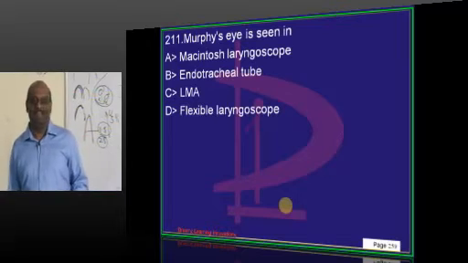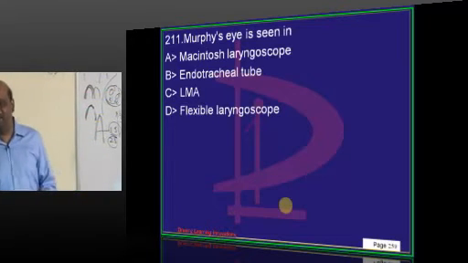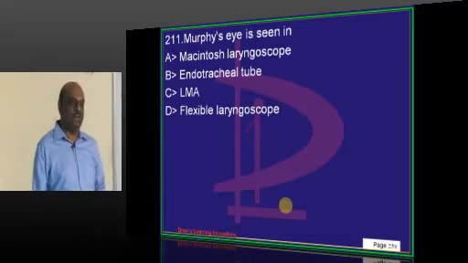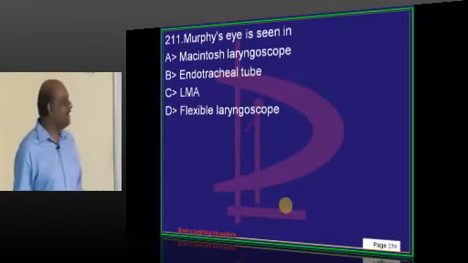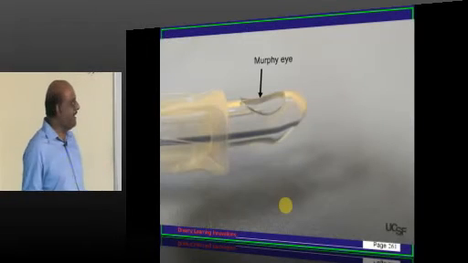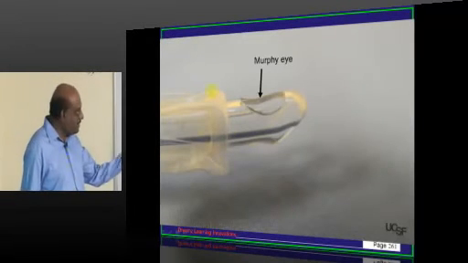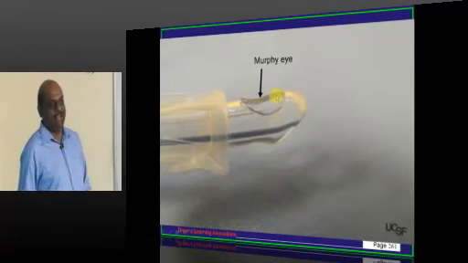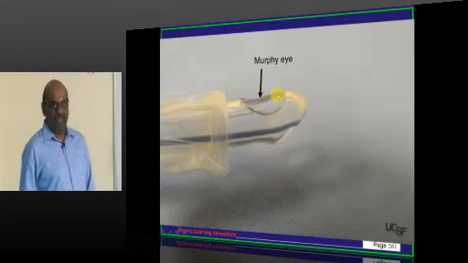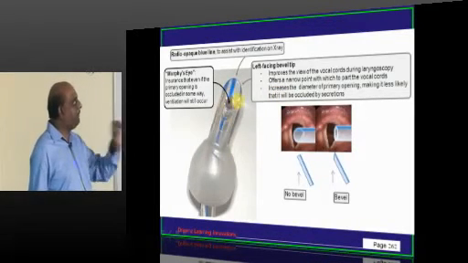Murphy's sign. Our anesthetist's favorite question, it used to be in the ward rounds. So what is Murphy's sign? जब भी आप endotracheal tube देखे तो लास्ट में एक स्मॉल होल होता है. क्यों होता है? So whenever you happen to pass